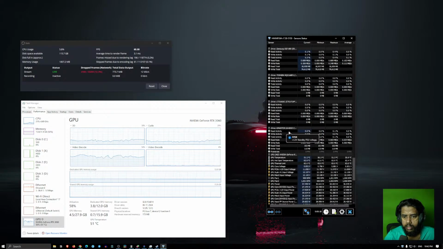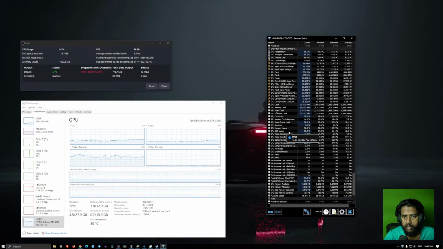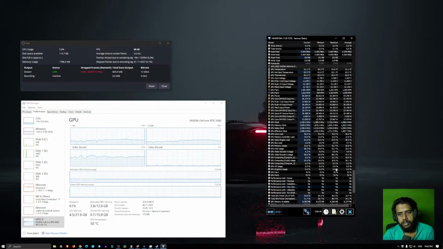Let's look at the GPU stats. So nothing is maxed out, as we can see over here.